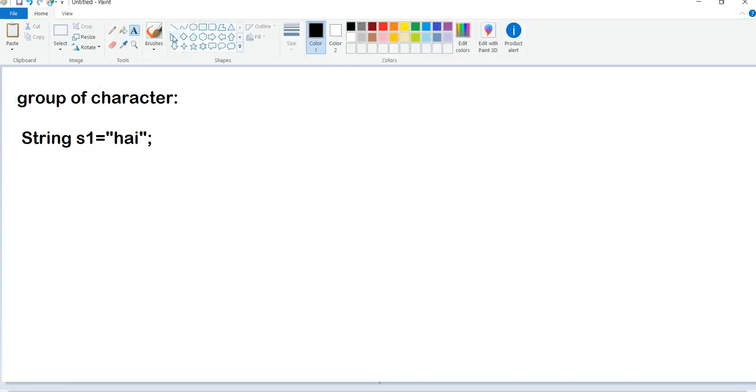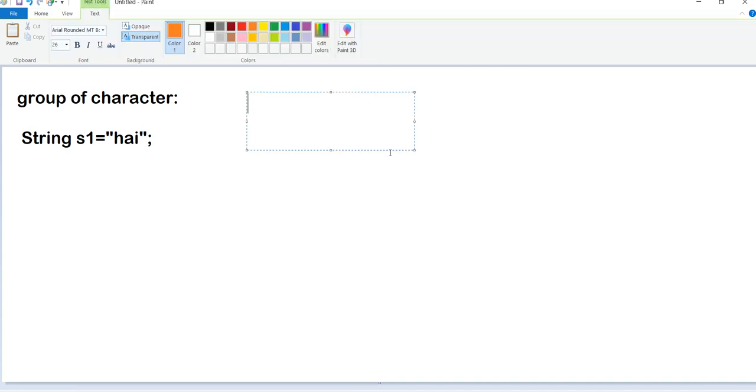So first we'll see step by step. The first step is location. What is location here? If the string object is created by enclosing a group of characters in a pair of double quotes, then they are stored in the string constant pool. Last time it was stored in heap memory; now it can be stored in the string constant pool. So the data can be stored like this. How this happens we'll see here.